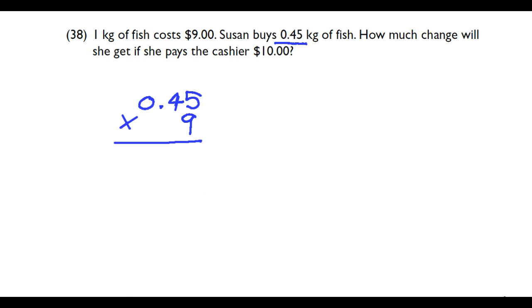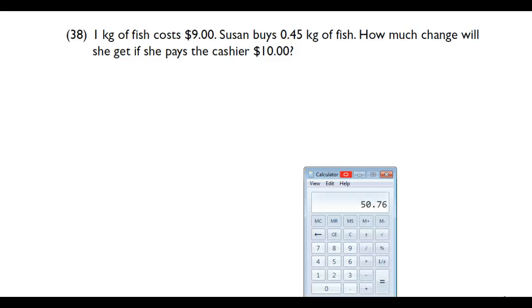Okay, let me get the calculator out for you. 0.45 times 9 is equal to, just hang on for a second, 0.45 times 9 is $4.05. Okay, so $4.05 is the amount she's going to pay for